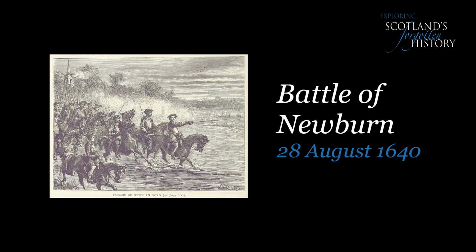During all this, the Covenanters themselves were again preparing for war, and we have the beginning of the Second Bishops' War. The Second Bishops' War started in August 1640. On the 20th of August 1640, instead of waiting for Charles and his army to invade Scotland, General Leslie and a Covenanter army of over 20,000 men invaded England, and after a short battle at a place called Newburn, they captured the northern city of Newcastle.